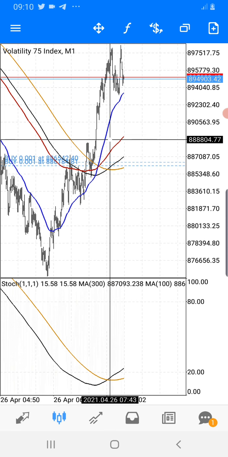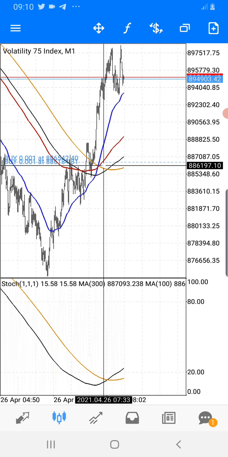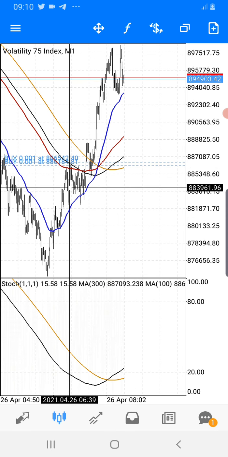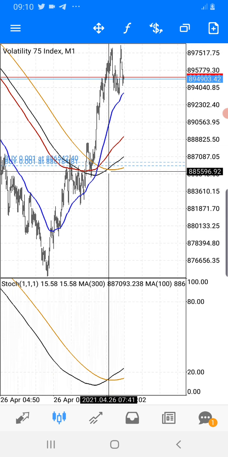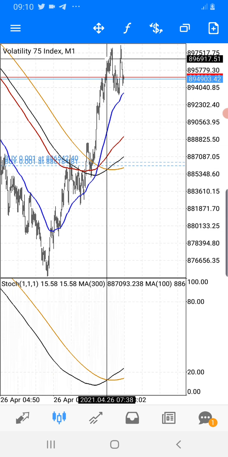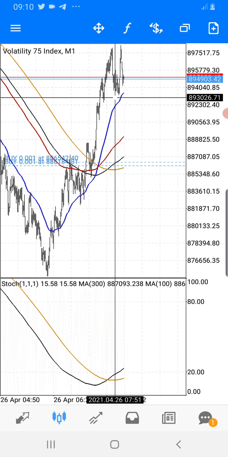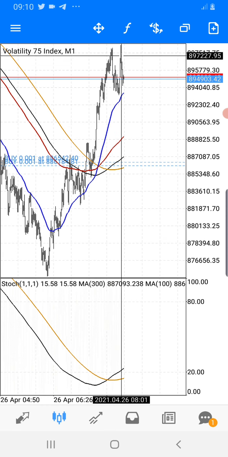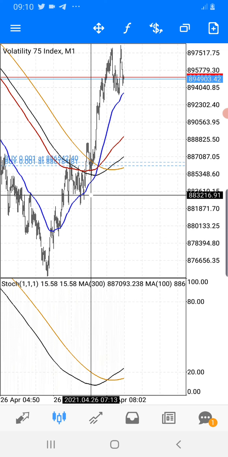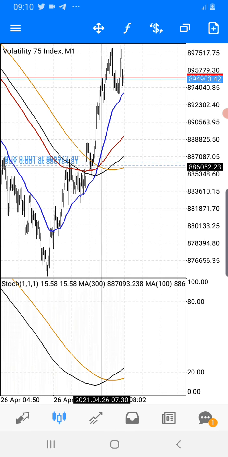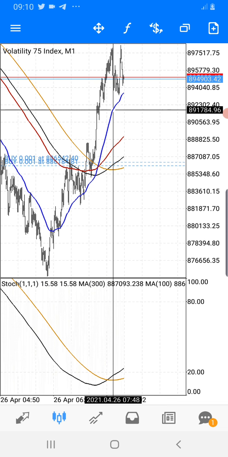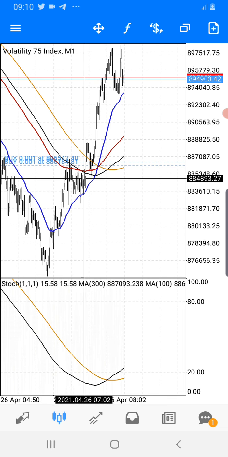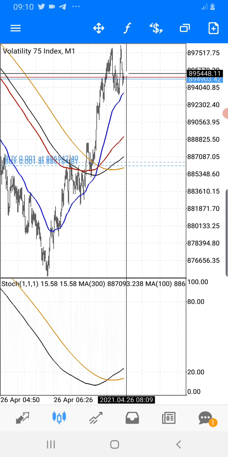But what is so good about this, which you will also experience in your 5 minutes, that's an M5, is that whenever there is a crossing of the 300 against the 100, there is going to be a pullback of the candles. There's going to be a pullback, and the first thing you will notice, which I want you to do, is whenever there is a crossing like that, don't just enter the trade. Wait for that pullback to be on your next